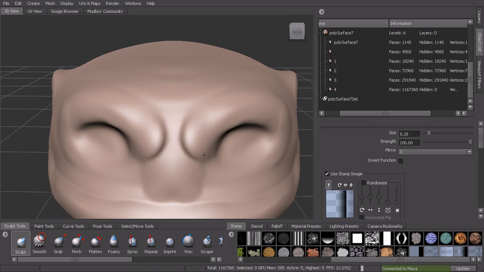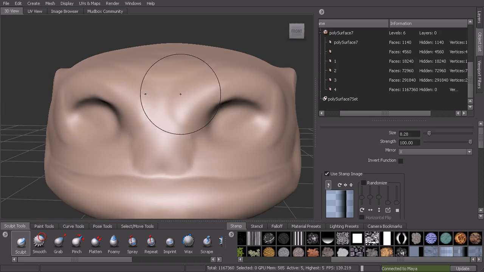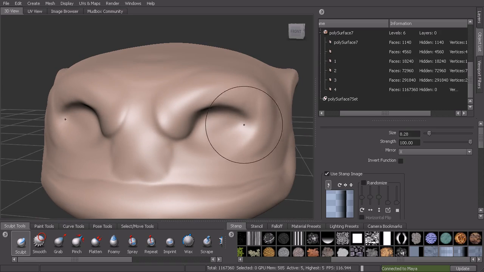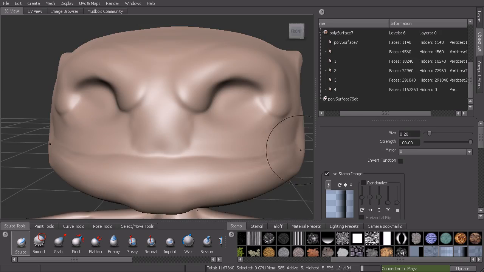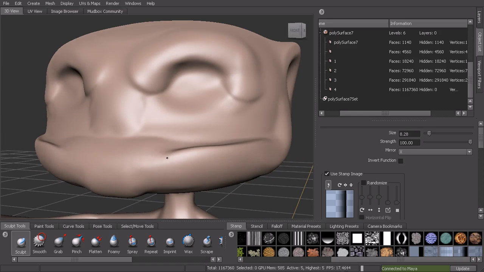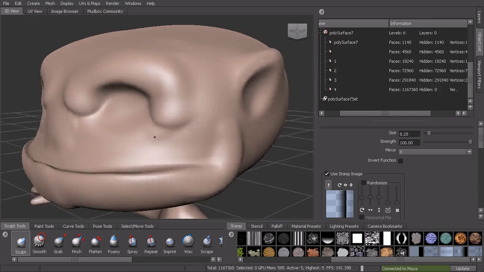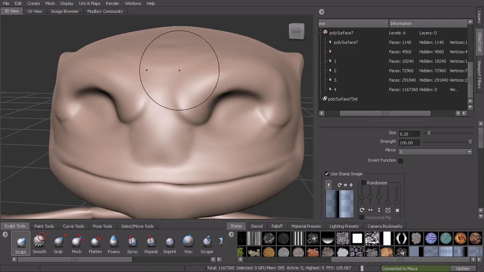Also, it'll depend on the direction. So I could come in here to define these brows a little bit better. But if I go the other way, that crease is going to happen the other way. And so I can come in here and start to define areas that way. Coming in here and maybe coming right along here. Kind of create the ridge for the mouth there. You can also grab this last one and it will just do kind of a crease. And so we can really get a nice wrinkle in there